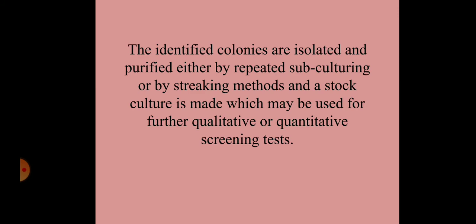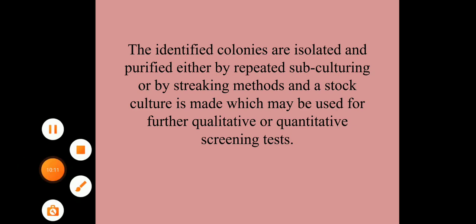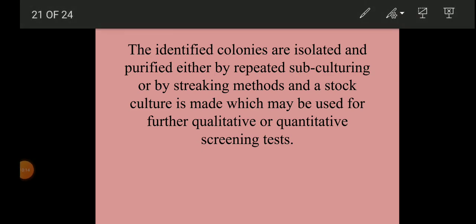Now, all those microorganisms which are isolated by primary screening are subjected to secondary screening to make sure that they really are of importance to the industry. So whether they really produce the product on large scale, whether they are reliable, what are the physical, chemical properties, what are the growth requirements of the microbes that are isolated by primary screening needs to be checked, and that is all done by secondary screening. So primary screening of microorganism is always followed by secondary screening. So next time we'll discuss about